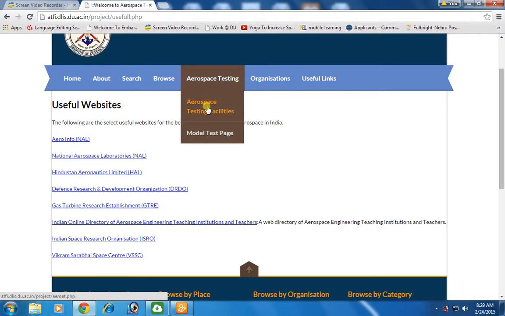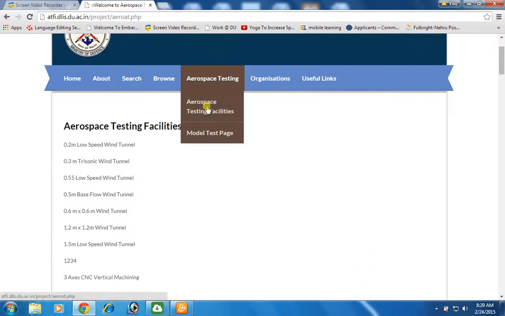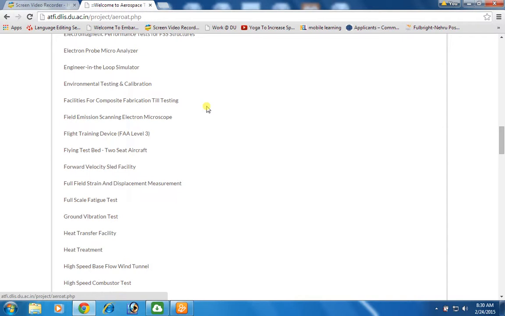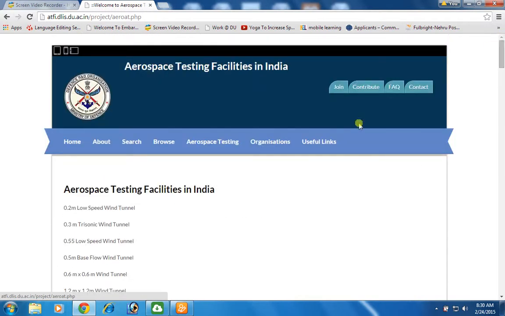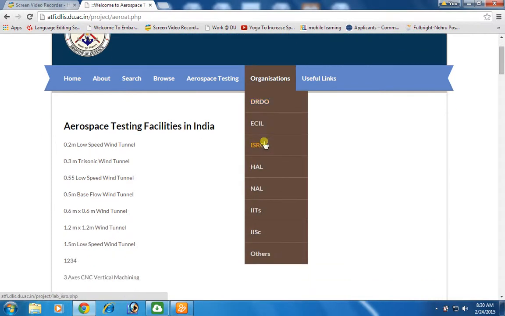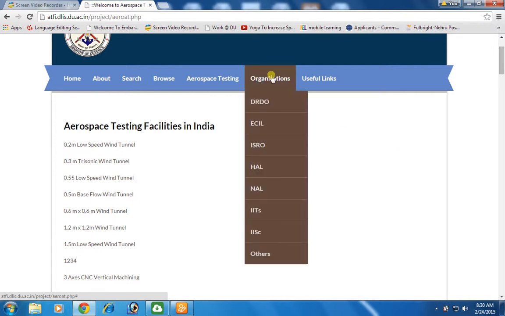Project has also given the detail of aerospace testing facilities, and these facilities are also listed on this project website. Number of organizations are covered under the project such as DRDO, ECIL, ISRO, HAL, IITs, IAS, Bangalore, and so forth.